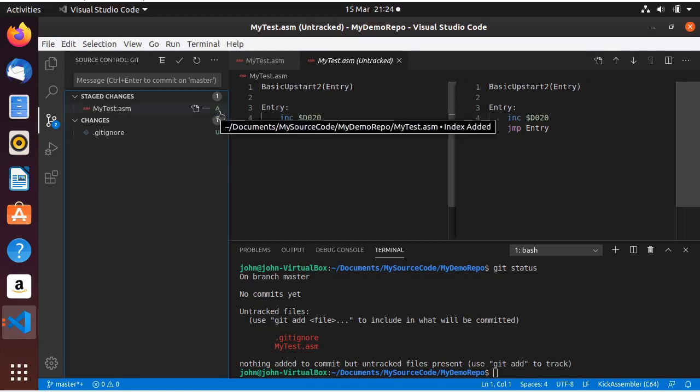So now it's classed it as an added file. This is a new file that it's not seen before, and it's classed it as an added file. And so now we've put it in the staging area, we could add more files in there and stuff like that. But what I'm going to do is commit this file to the repo